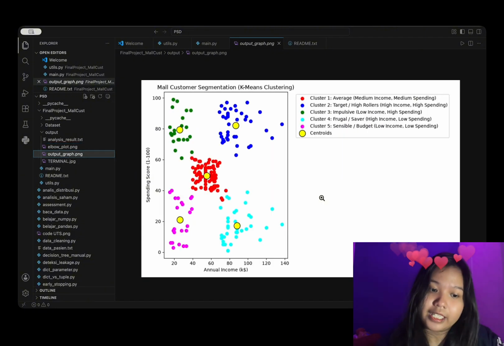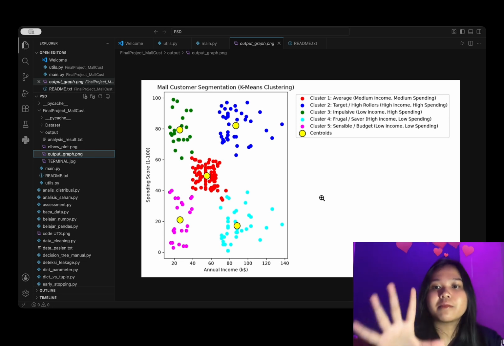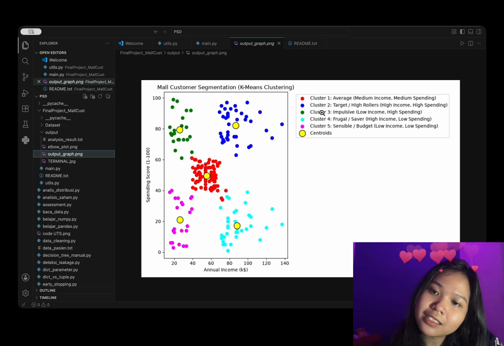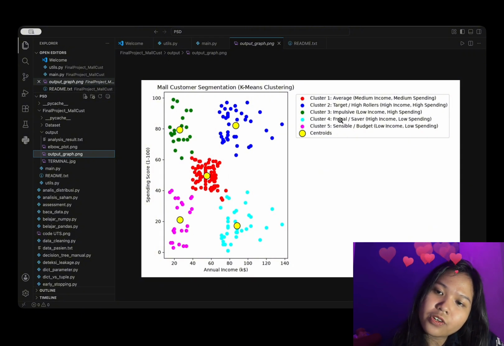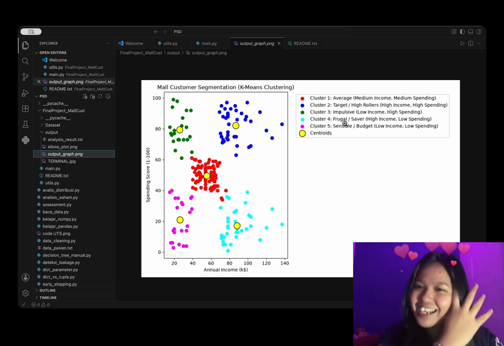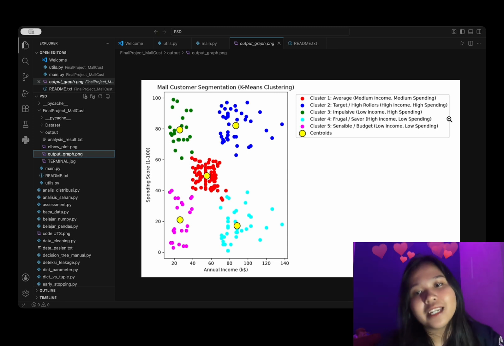Here is our scatter plot showing the 5 customer segments. Cluster 1, average: medium income, medium spending. Cluster 2, target or high rollers: high income, high spending. Cluster 3, impulsive: low income, high spending. Cluster 4, frugal or saver: high income, low spending.